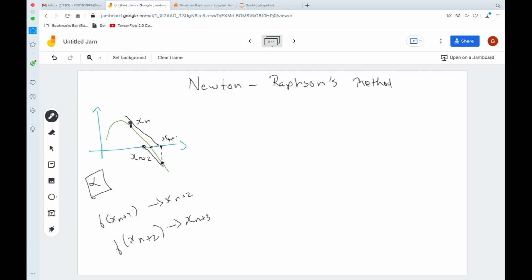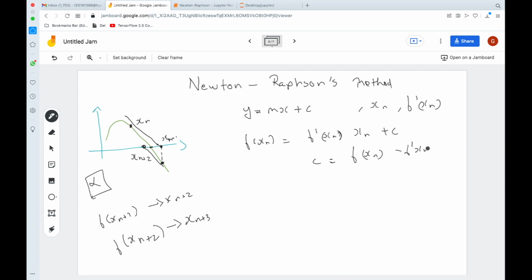Basically, the line which is passing through the point x n has a slope of f dash of x n. Let me write it down. This is the line. This line passes through x n and has a slope of f dash of x n. So basically, it passes through the point x n comma f of x n. Okay, so f of x n is equal to f dash x n at the point x n plus c. So basically, our c is nothing but f of x n